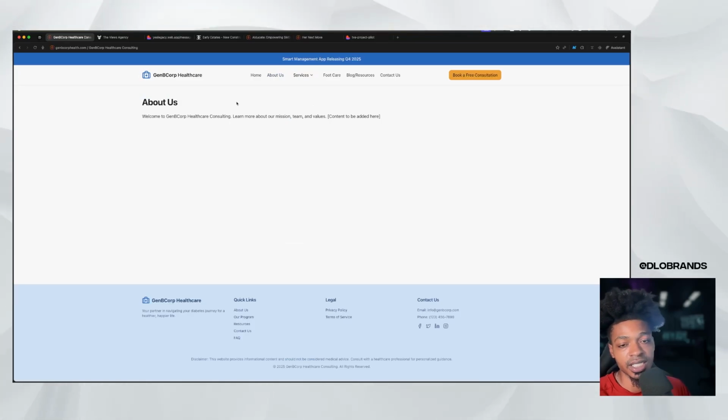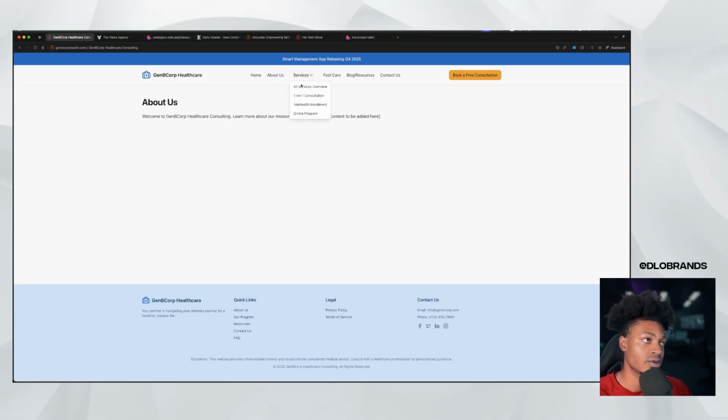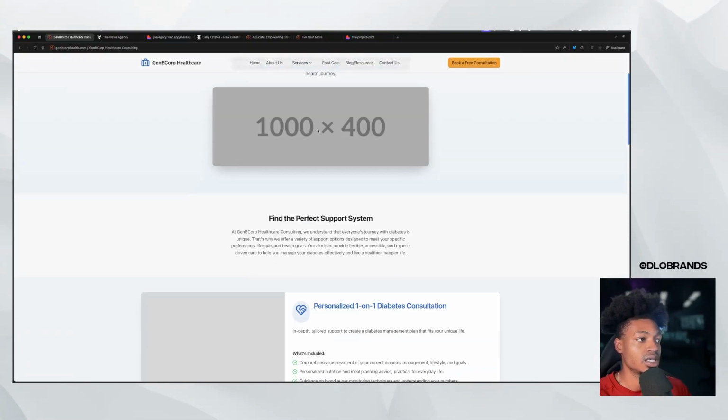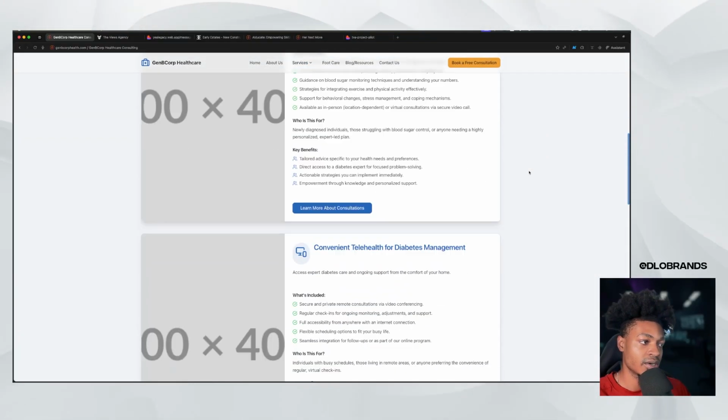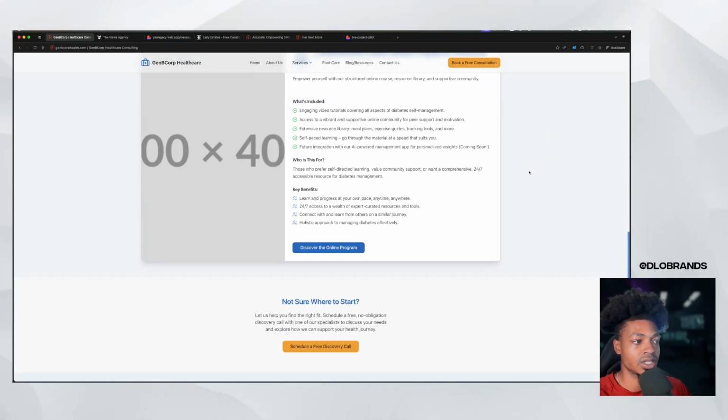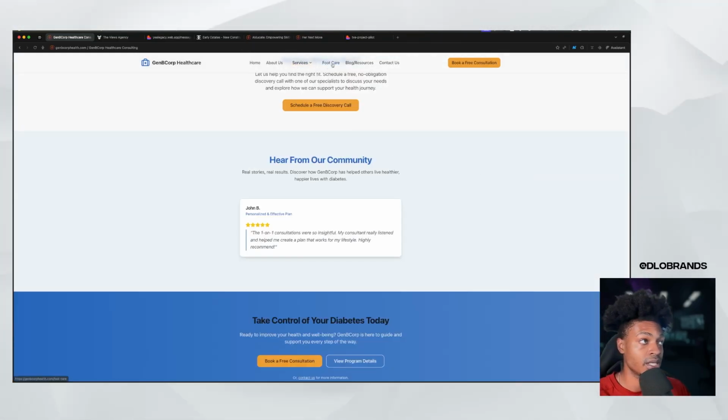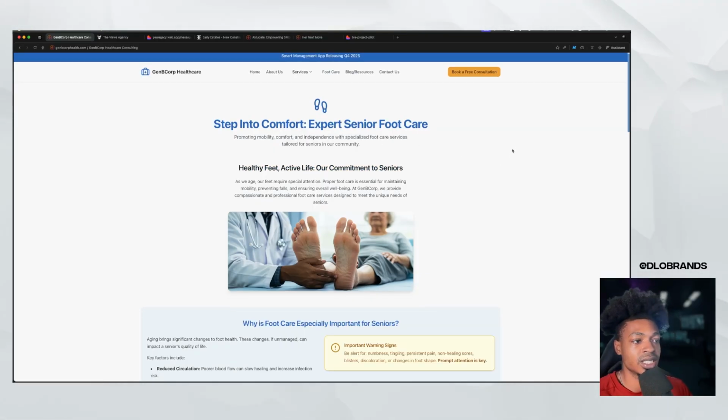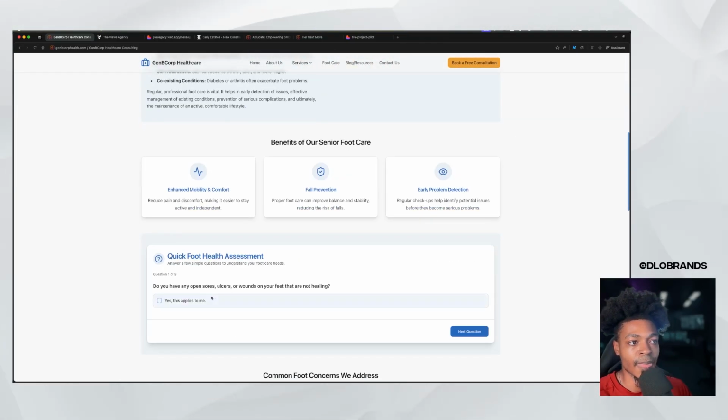You have the about us page. That's not added, but it at least created the link for it. Then we have services. So some of these pages are built out. They just have a bunch of feature components, so you can go ahead and book that service or whatever it may be. Then we have the foot care section, which is kind of the same thing, but it has an AI component in here with